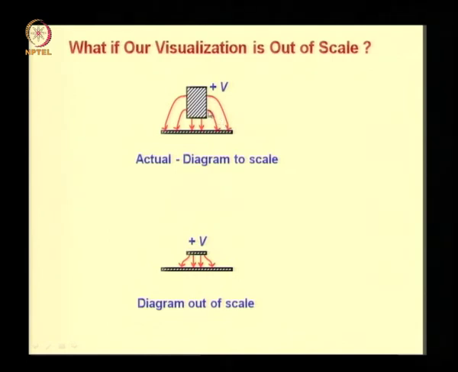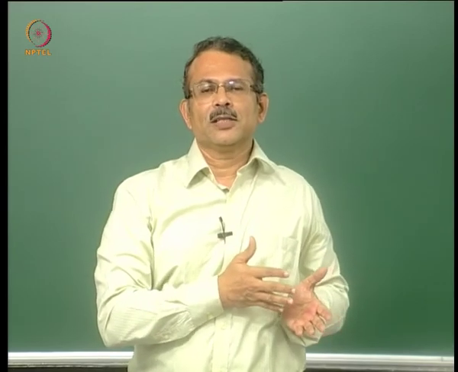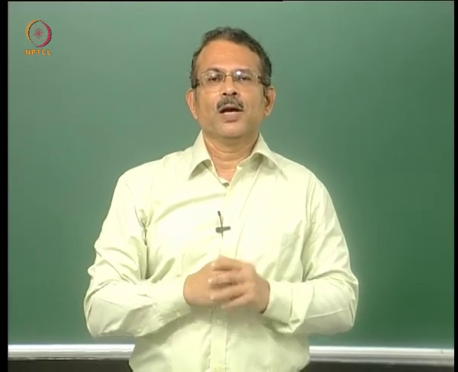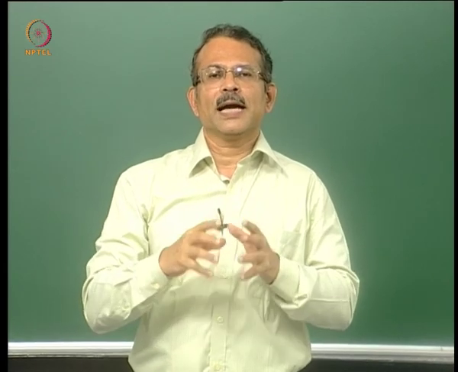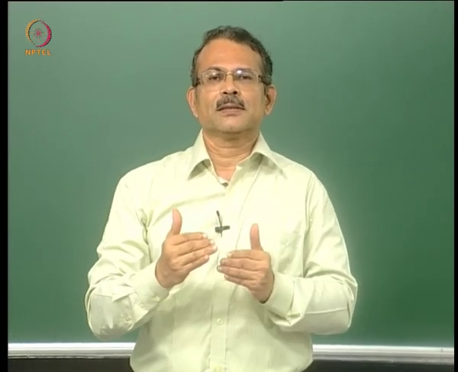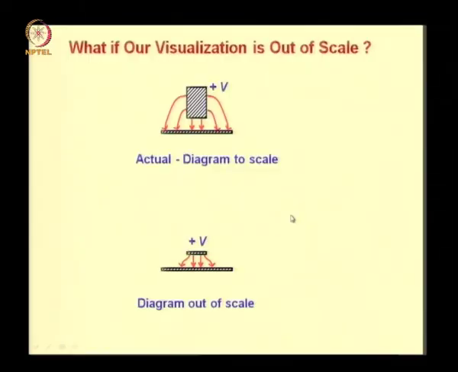you have a number of field lines emanating from the side of the upper electrode. The number of field lines emanating from the side of the electrode in the diagram drawn out of scale is negligible. Thus the capacitance derived for this arrangement would be less than the capacitance of this arrangement. So in this case you have simplified the picture and caused inaccuracy. In the previous case of spreading resistance with T much less than G, we had complicated the picture by drawing the diagram out of scale. So this is the kind of thing that can happen if you visualize the structure out of scale.